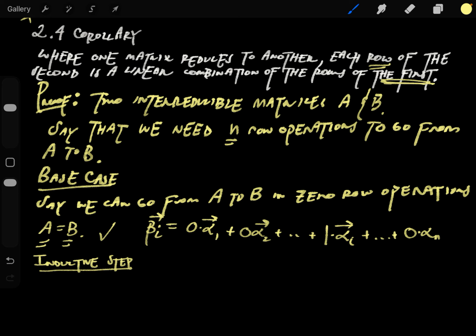And let's say we have a matrix that we need to go from A, or if we have that we need,